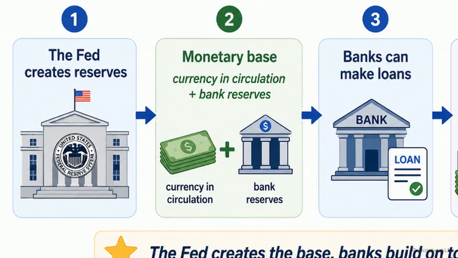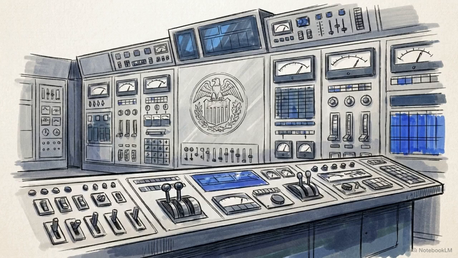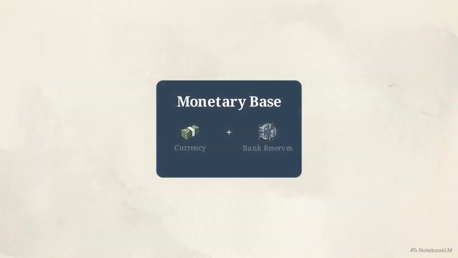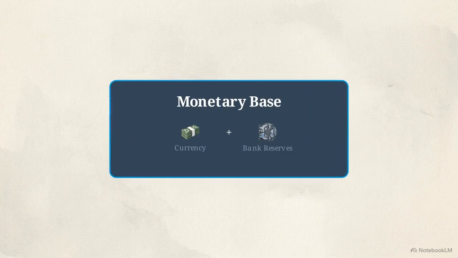This diagram shows the direct result. Step 2 illustrates the monetary base. It equals physical currency in circulation plus bank reserves. Think of this monetary base as the raw material, the initial seed money the Federal Reserve directly controls. By treating their balance sheet as a master control panel, the Fed governs the financial system. Every time they make a new accounting entry to buy an asset, they directly expand the foundational money supply used